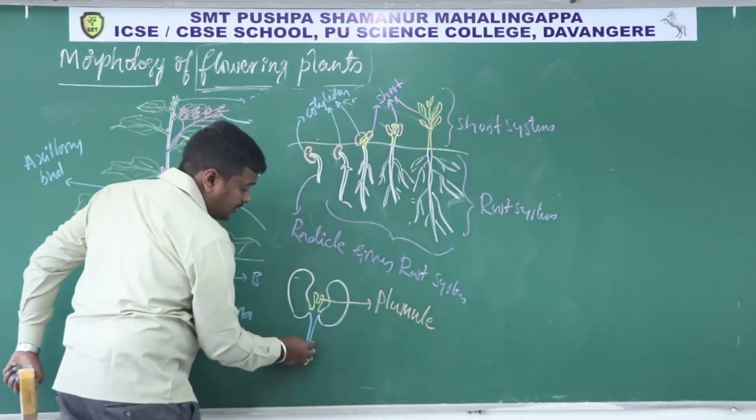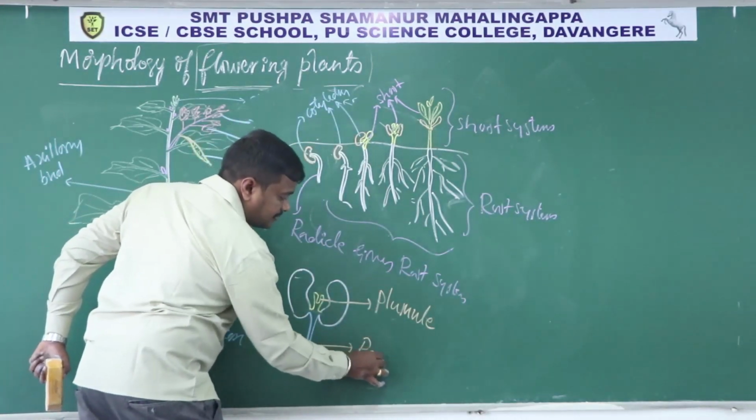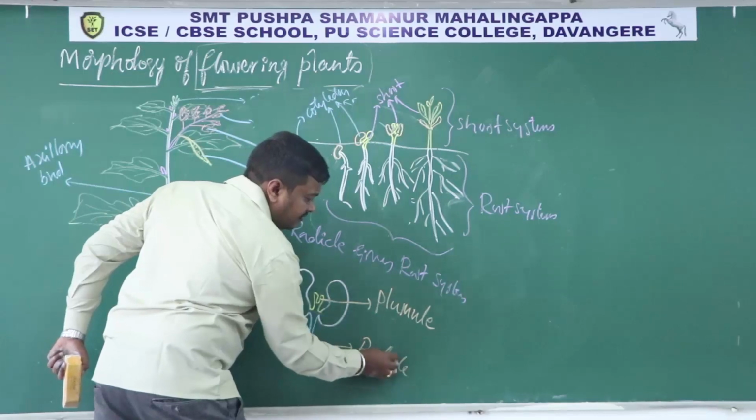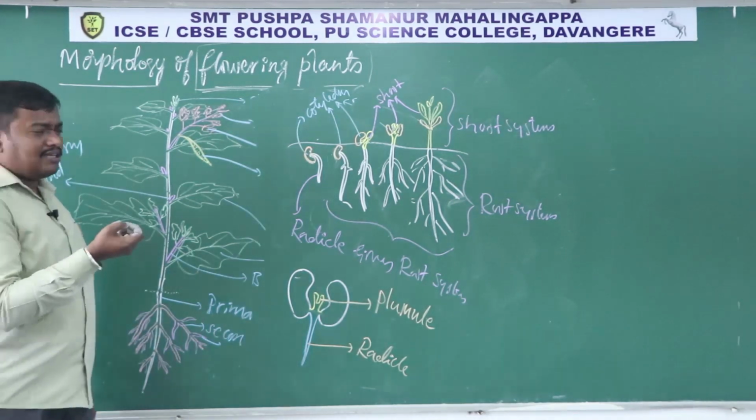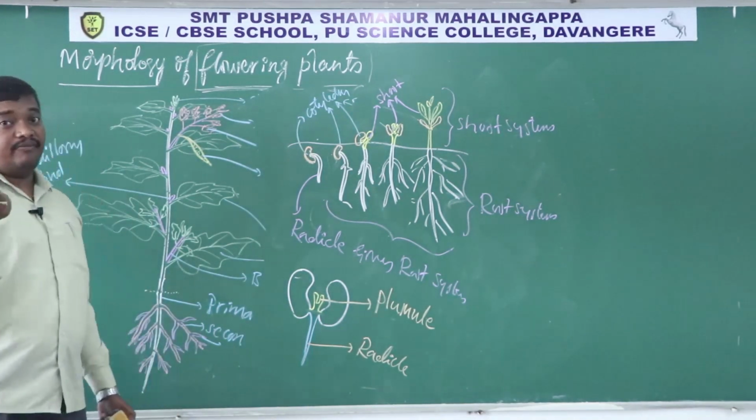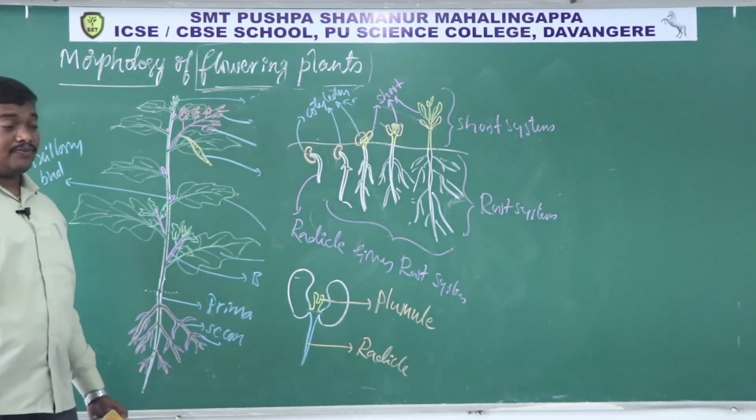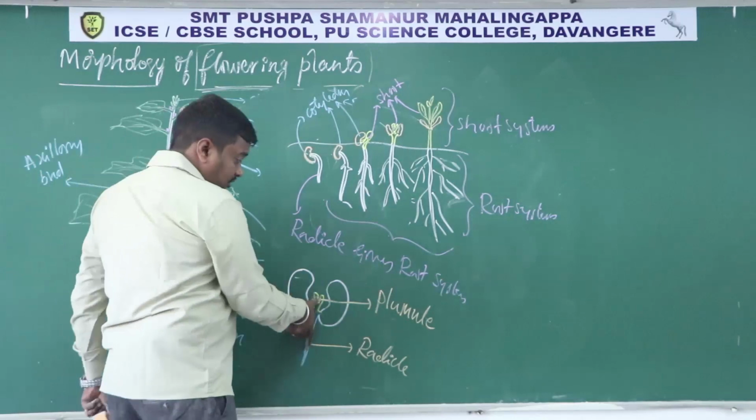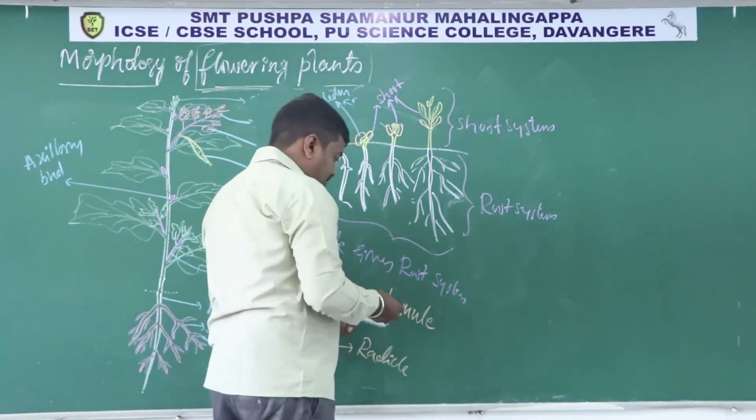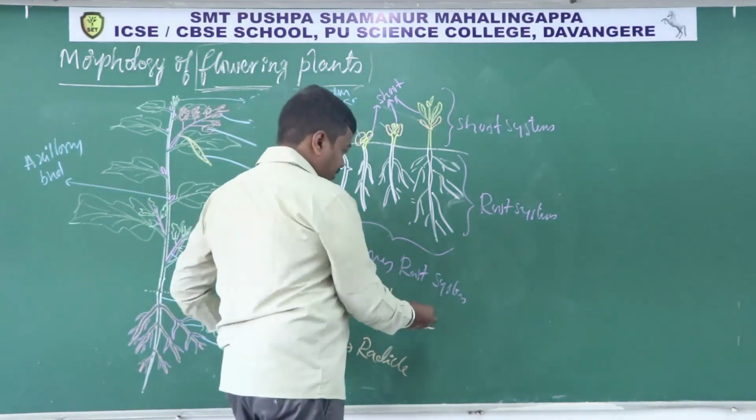This is a plumule and this is radical. See, they are very small structures. They can be measured only about 5 millimeters, so less than 5 millimeters. That small structure, an embryo, this plumule after germination it gives